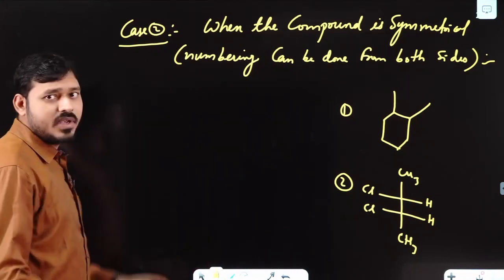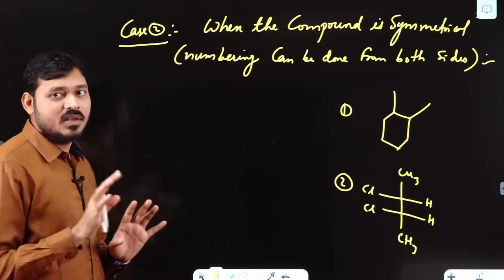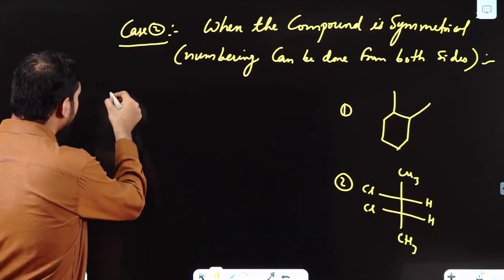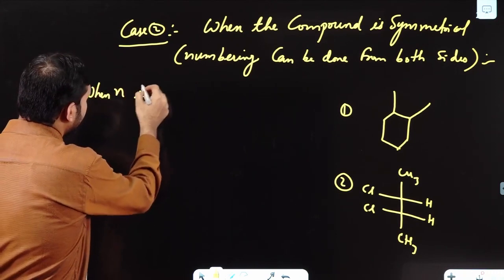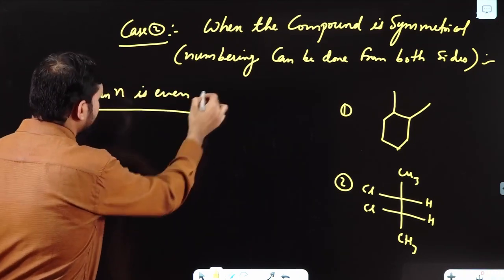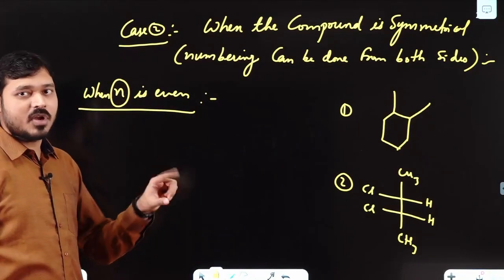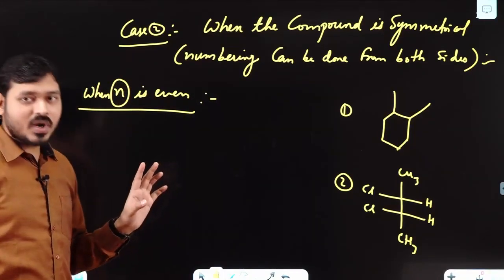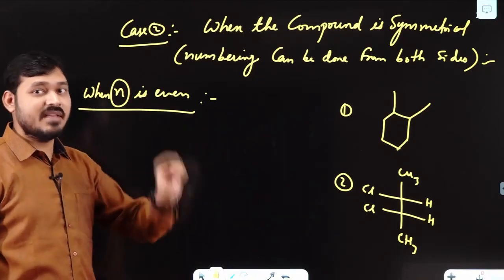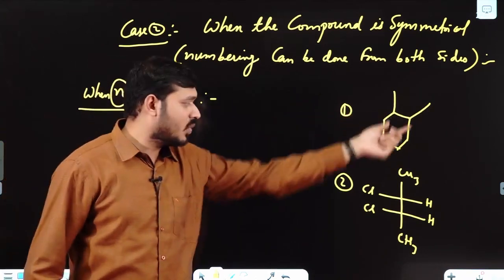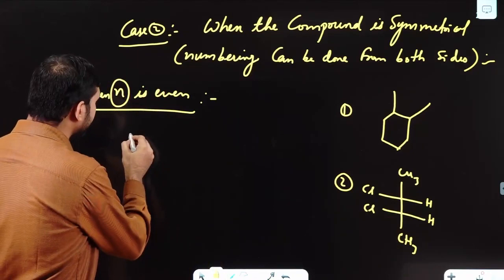Here also we use the term N, number of stereogenic parts, but the formula is different. When N is even, we use the term N, number of stereogenic parts. Suppose N is your number of stereogenic parts which is an even number, just like here 2, here also 2. So what you will do, then you can say